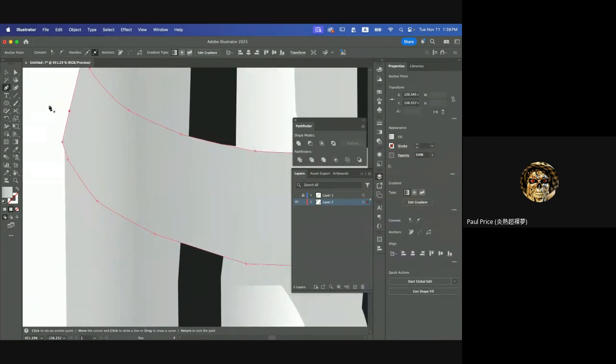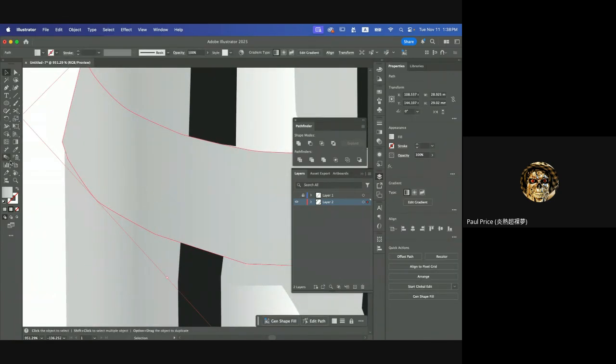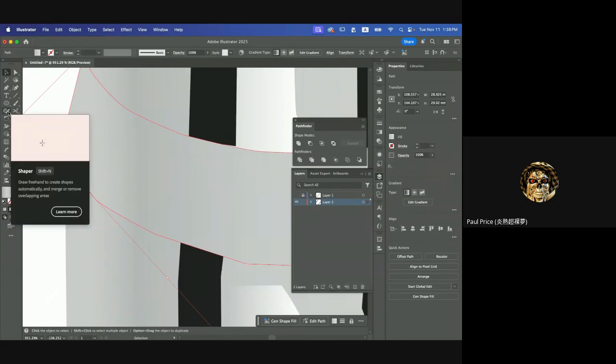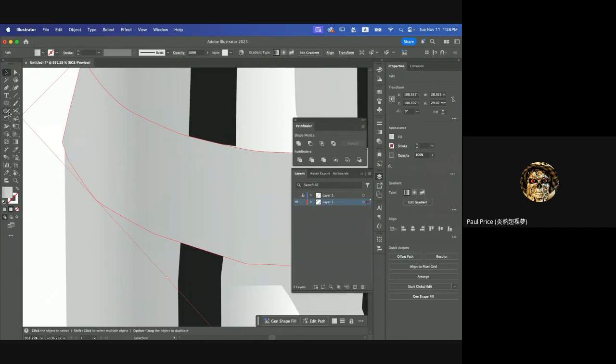So let's use this tool over here called the smooth tool. It's underneath the pen tool, I guess. Wait. Yeah, this one. It's underneath the shaper tool. Okay, there's this smooth tool you could use